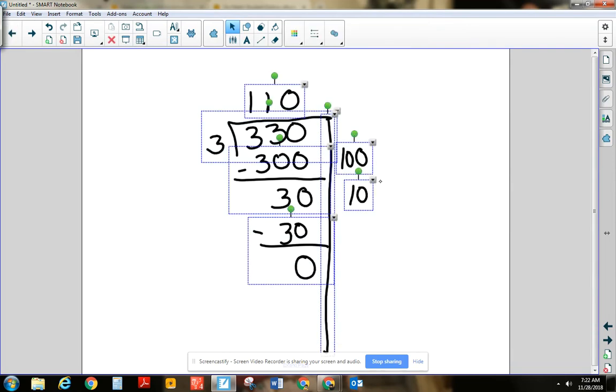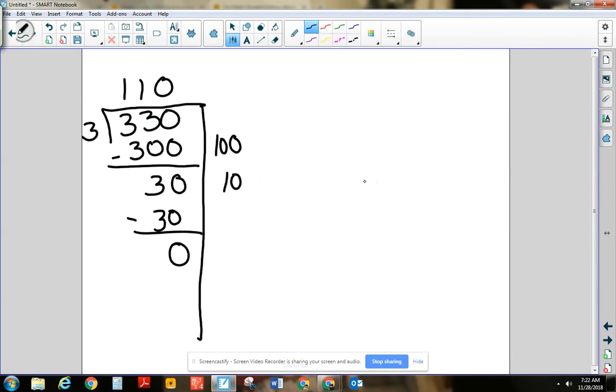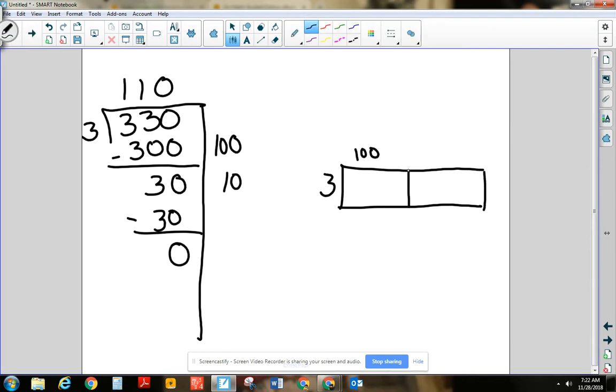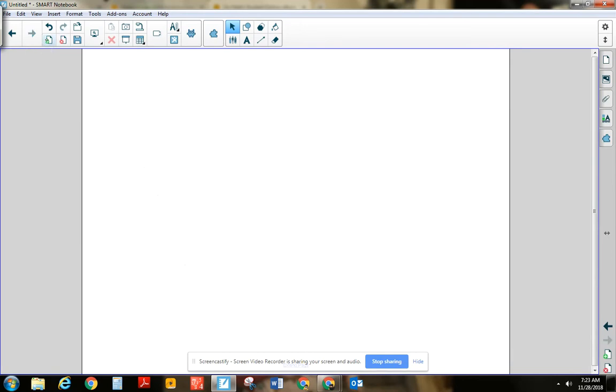What this looks like with a model is this. Three times 100 is 300. 3 times 10 is 30. I have my total, then I have my quotient, 110. We'll keep going with 1 or 2 more problems. Let's do this next problem of